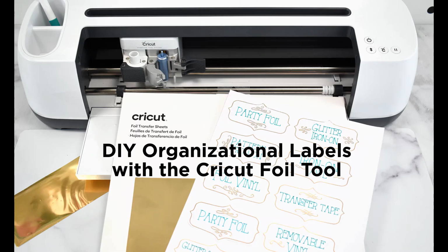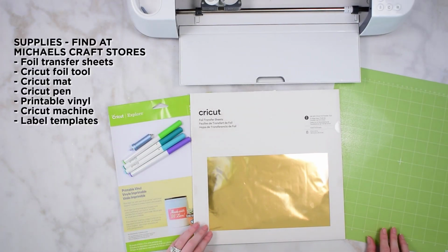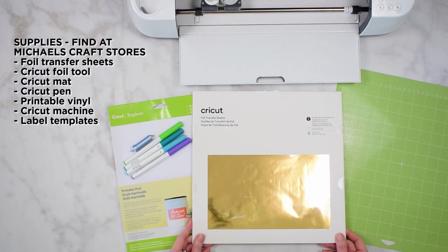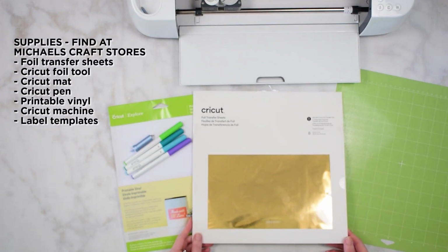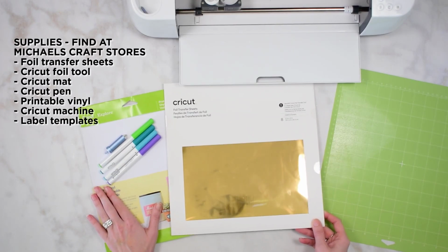Today I'm going to teach you how to create DIY organizational labels using the Cricut foil tool. The supplies I used for this project are foil transfer sheets, the Cricut foil tool. You'll also need a green Cricut mat. You'll need a Cricut pen in your choice colors, and you'll also want some printable vinyl for the labels themselves,